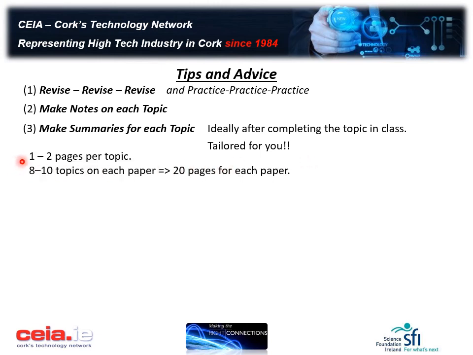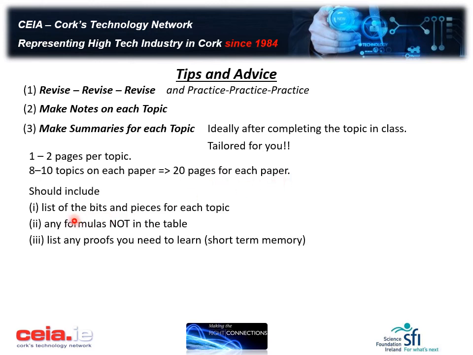We're talking about 1 to 2 pages per topic. There are 8 to 10 topics on each maths paper, so the summaries would constitute maybe 15 to 20 pages for each paper. Okay, and they should include a list of the bits and pieces for each topic, what constitutes the topic, any